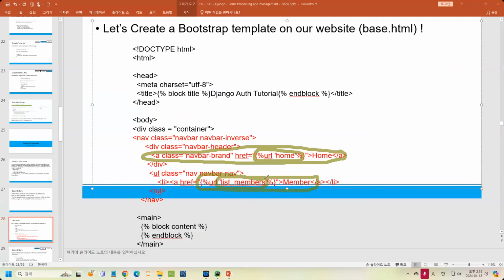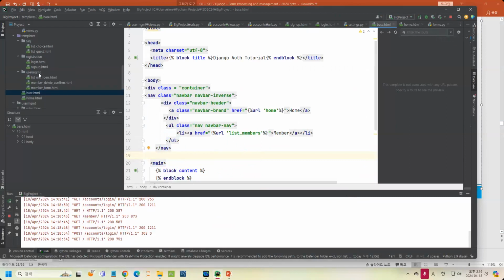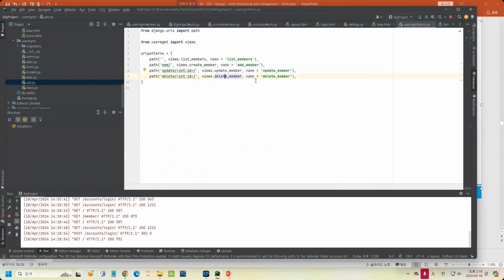Where is list members? The list members is a part of the user MGMT. So in the URLs we have